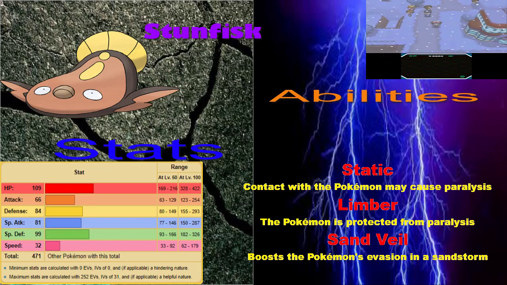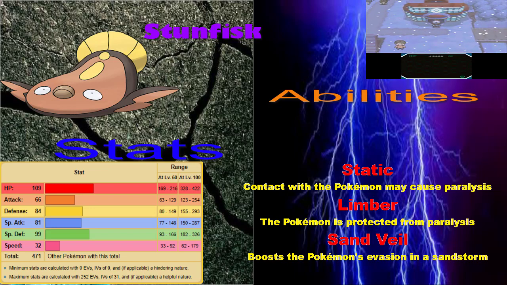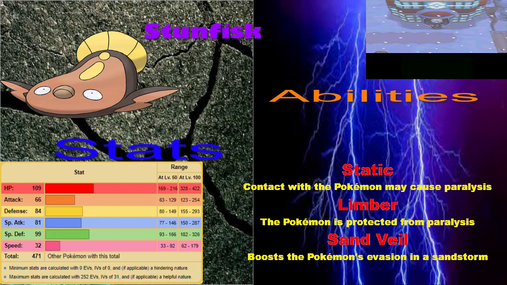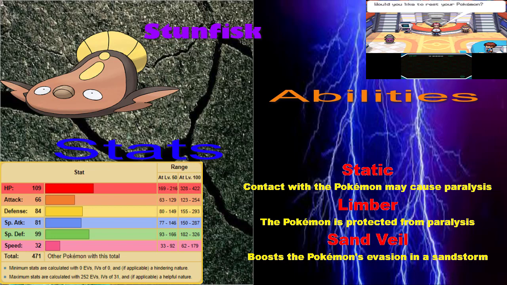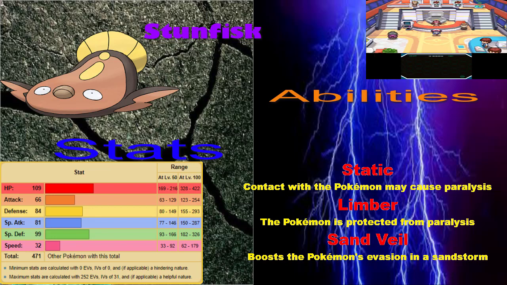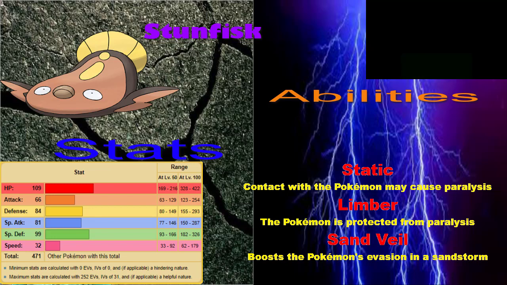What? And also, why would you give this thing Limber for the ability when it's immune to paralysis anyway? Whatever. So, I guess if you really want to go for a Pokemon that's really awkward, just make sure it has Static for the ability. Everything else about it is just trash. And also, I do like the fact that it kind of farts when you encounter it, so...